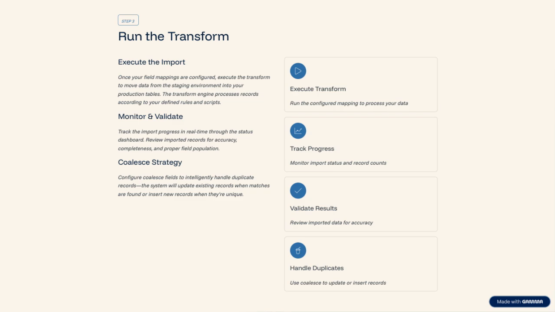This is where the actual transformation occurs, moving data from staging to production tables according to our rules. Executing the transform is a key step. It processes records based on our mappings and scripts, ensuring data is properly formatted and inserted or updated as needed. Configuring Coalesce fields intelligently is essential here. It helps the system decide whether to update an existing record or insert a new one, making the process seamless